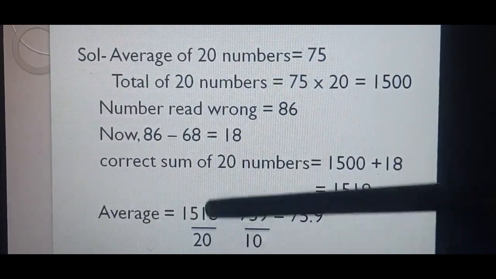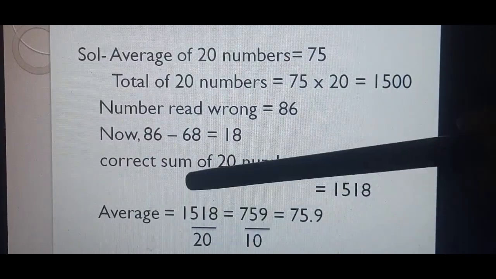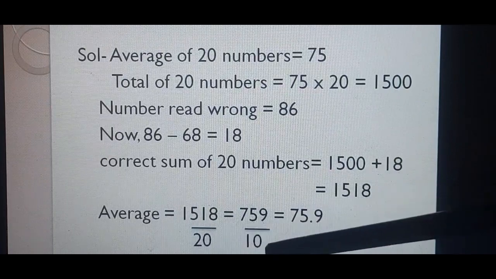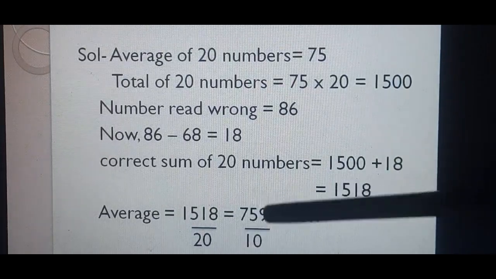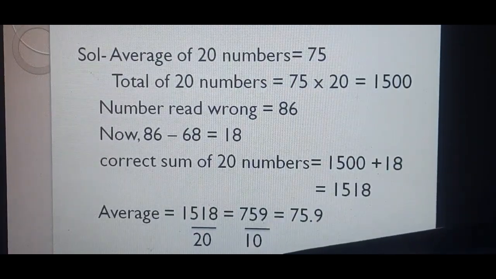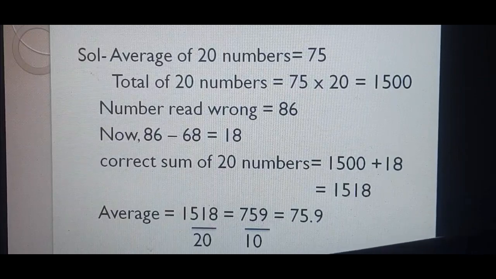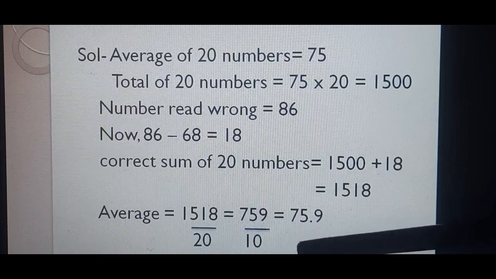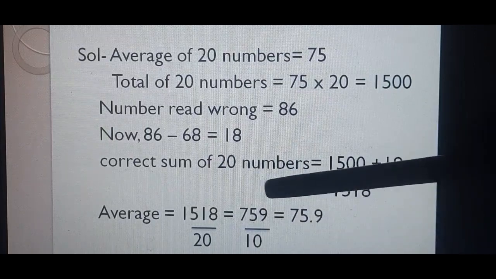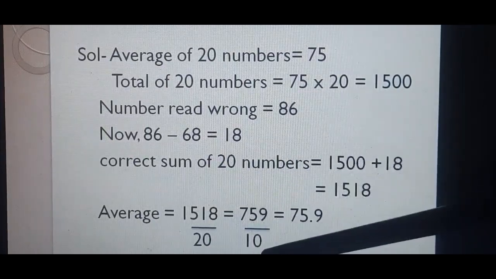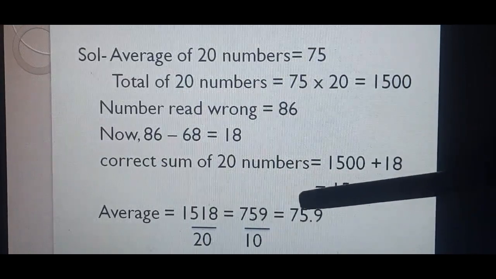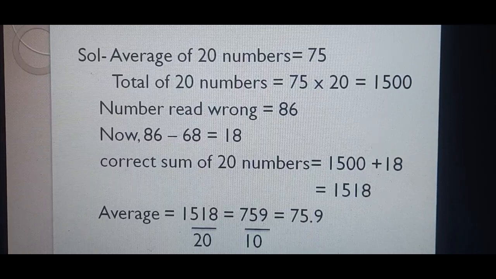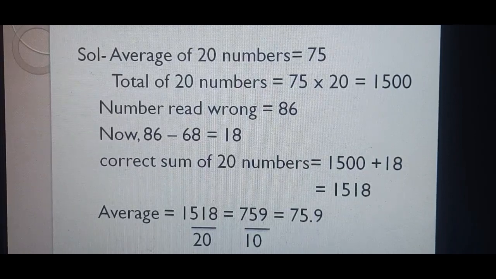First of all, we do cancellation with 2. 2 sevens are 14, 2 fives are 10, 2 nines are 18, 2 ones are 2, 2 zeros are 0. 759 upon 10. Now, son, do not do any more cutting here. Even if cutting is possible, leave it, because we can directly put the decimal. So 1 zero is there in the denominator, so our answer will become 75.9. So the correct average is 75.9.